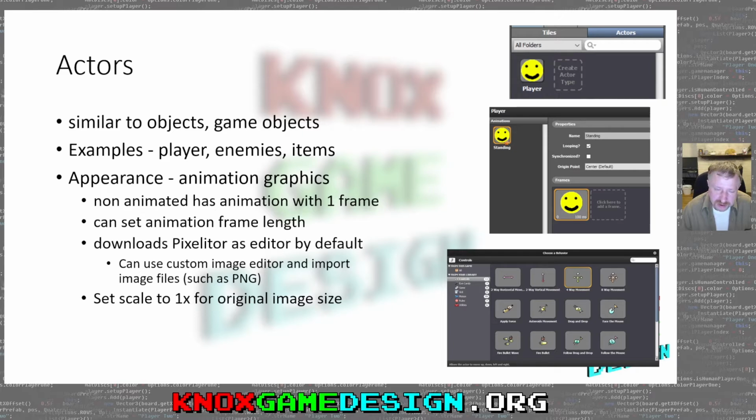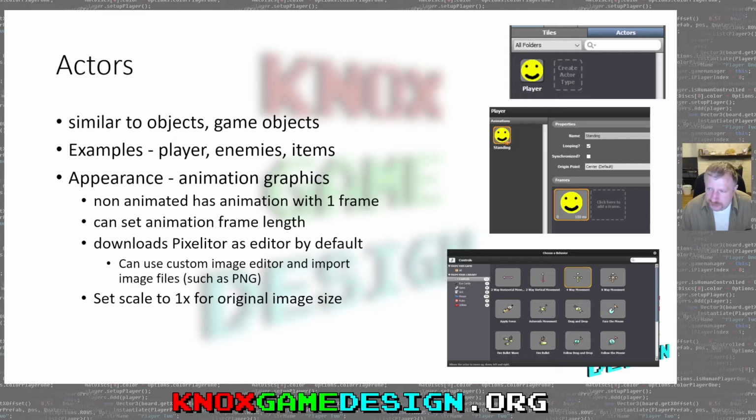Spriter I also use sometimes for animating, but Aseprite is a good tool that I use. I think it's paid, but it's relatively cheap. I'll just say that. I won't say how much because it could change. But yeah, I like Aseprite, so you can create a PNG or whatever and import that. I believe you can import sprite strips into